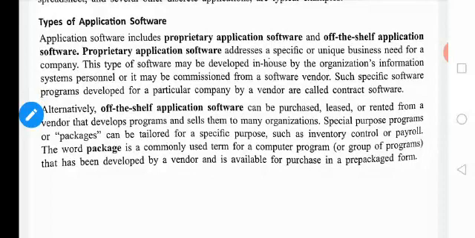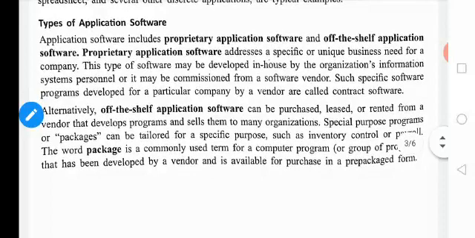Then the second one, alternatively, off-the-shelf application software can be purchased, leased or rented from a vendor that develops the program and sells it to many organizations. So it is for many organizations. Special purpose programs or packages can be tailored for a specific purpose, such as inventory control, payroll.